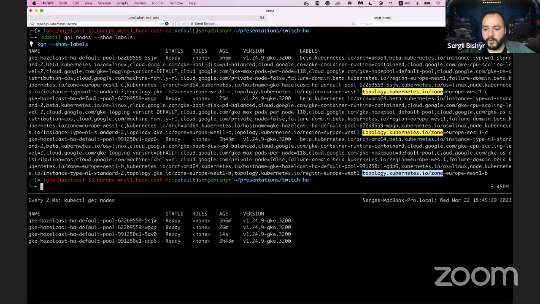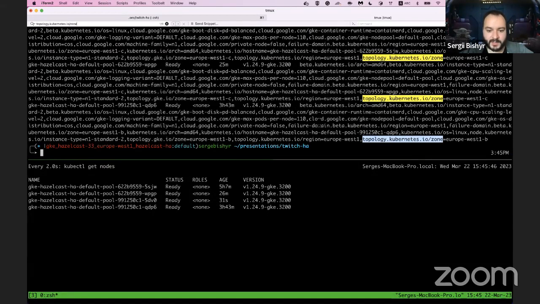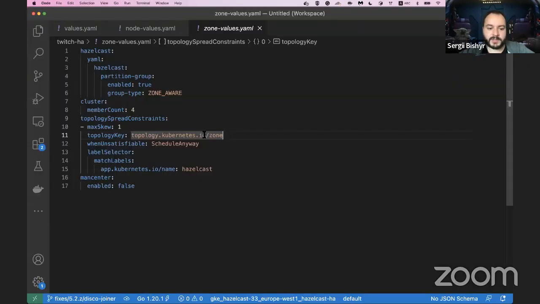The value of this label is considered: if it's the same for 2 nodes, they are considered to be in the same availability zone. As you can see, these 2 nodes are located in the same availability zone because the value of this label is europe-west1-c. And that's true, they are located in the same zone. And Kubernetes knows that